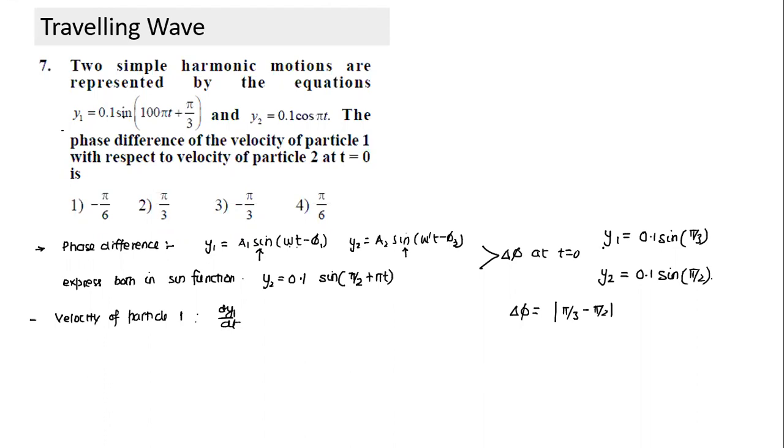In SHM property, whatever phase difference exists between position, the same phase difference exists in velocity, and between acceleration. Not in the energy term, but as well phase differences are same. So I could have taken this also. Second way of finding would be I'll find the velocity V1 and velocity V2 and again find the phase difference, which will become same. Both will become cos function, but phase difference will come out same. You can verify this part also. But whenever we have to find phase difference in velocity, it will be same as phase difference between